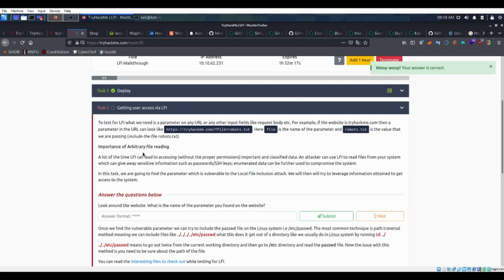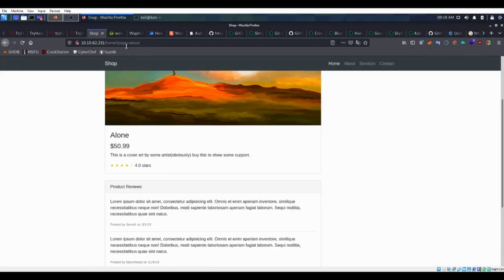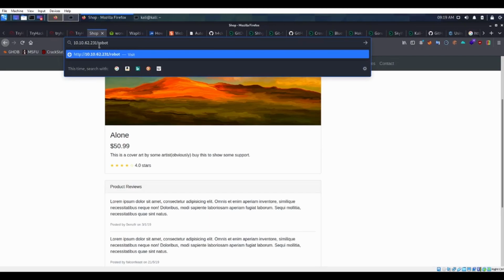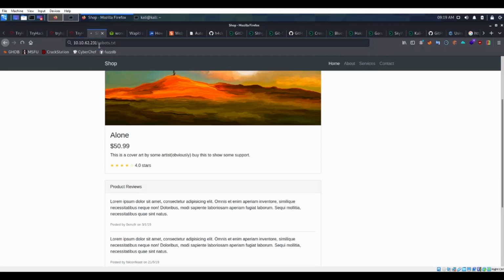To test for LFI, what we need is a parameter on any URL or any other input fields like the request body, etc. So for example, if the website is tryhackme.com, then a parameter in the URL can look like https://tryhackme.com/?file=robots.txt. This site also might contain a robots.txt, but I highly doubt that because this is a test site. But let's see. robots.txt. So there's no